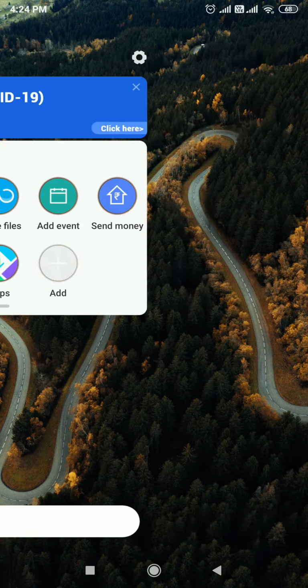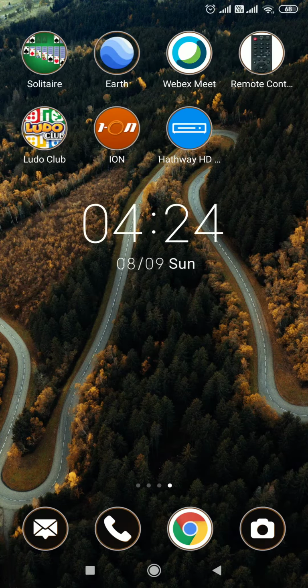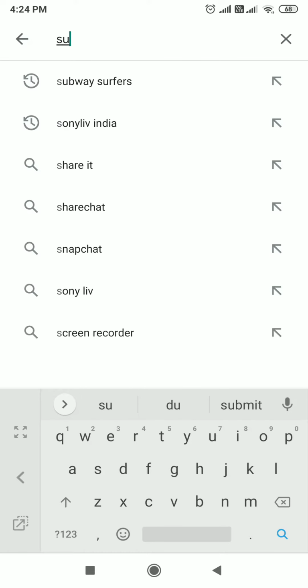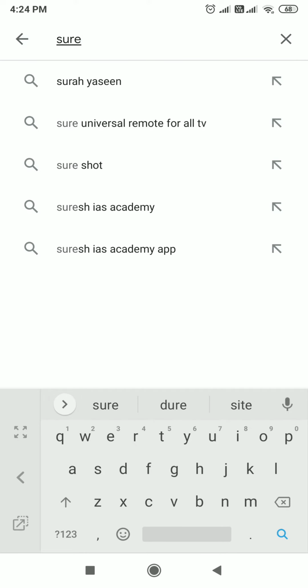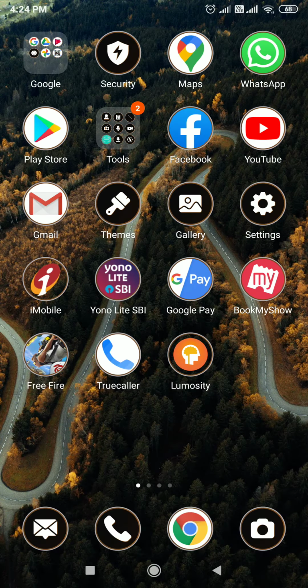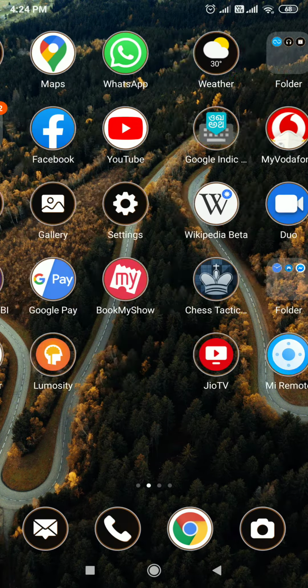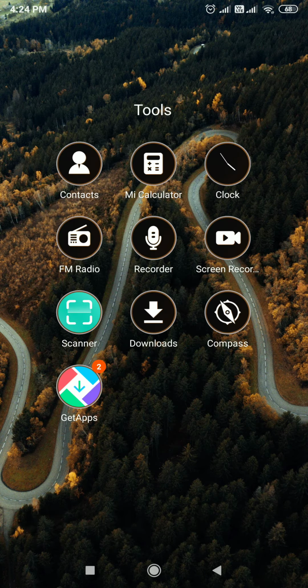And today I am going to show you how to record your screen without going on Play Store and searching for DU Recorder or anything. If you don't search here or there, you have to just go on your tools. You will see there will be a screen recorder thing. You have to click on that,